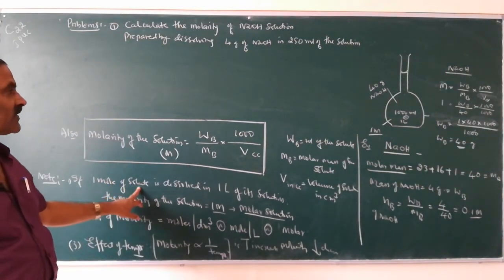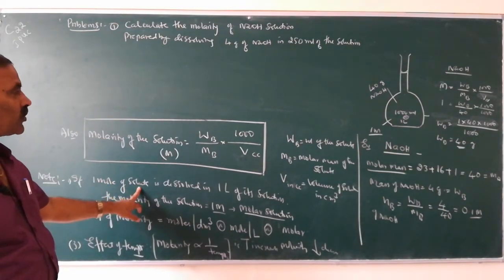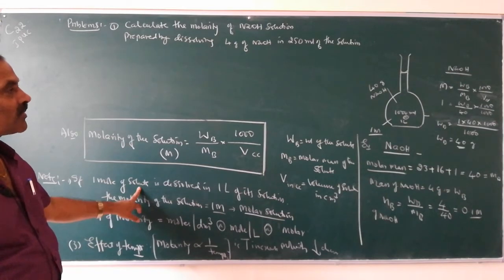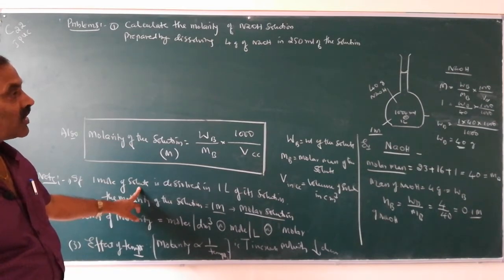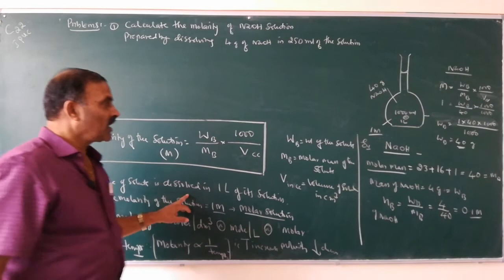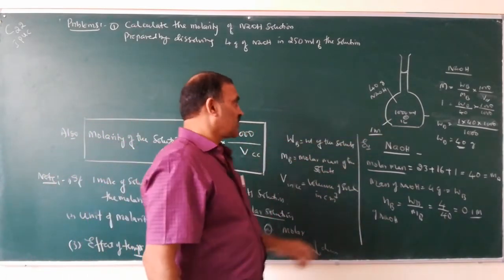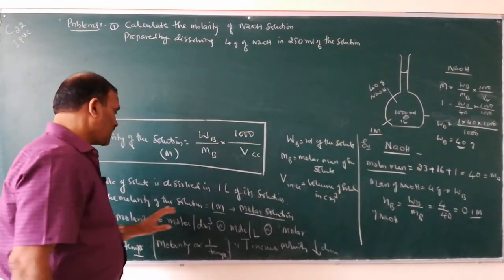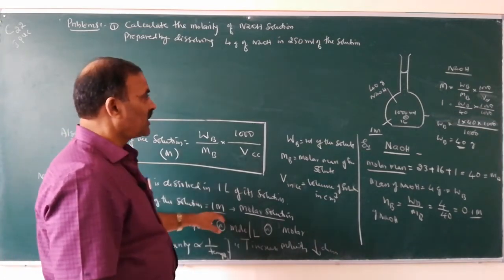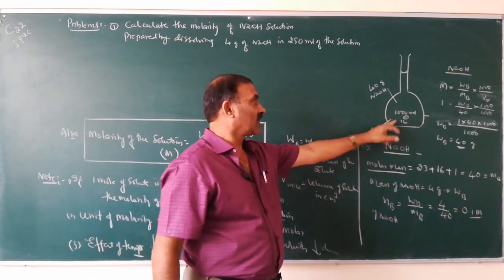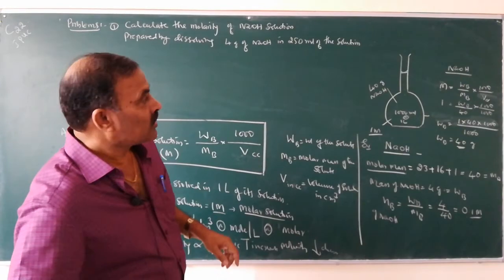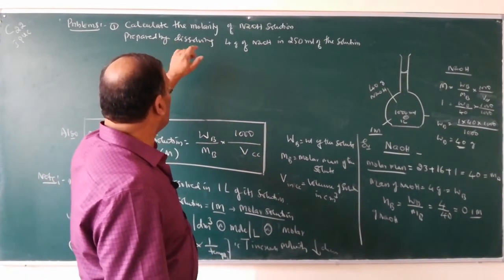If 1 mole of solute, which means 1 gram molecular mass of solute, is dissolved in 1 liter of its solution, then the concentration or molarity of the solution is 1 molar. So here in the problem,